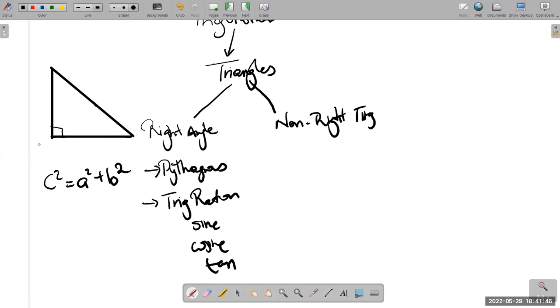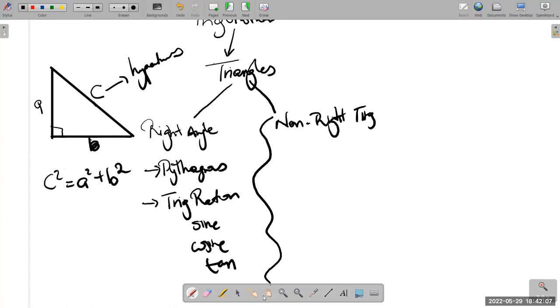Who is always C squared? C is always the hypotenuse, and we should know what the hypotenuse is. And then you have A and B, which are the other two sides. It doesn't matter which is A and which is B. Everybody with me? Before I get into the non-right angle triangles, let's go through these two concepts that you